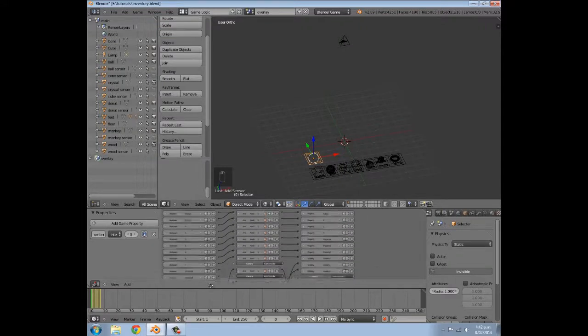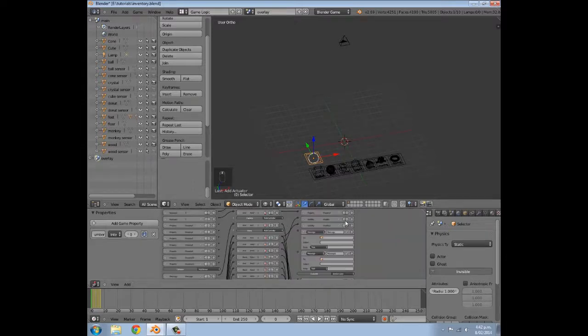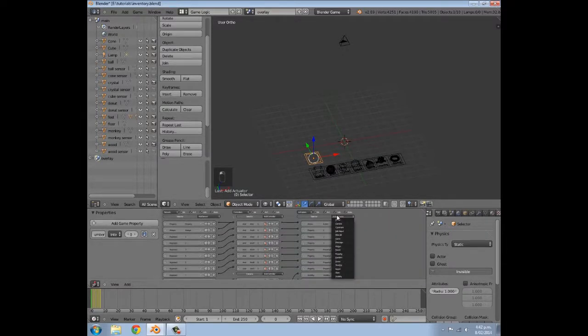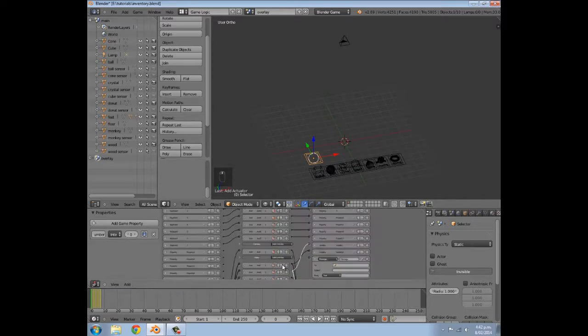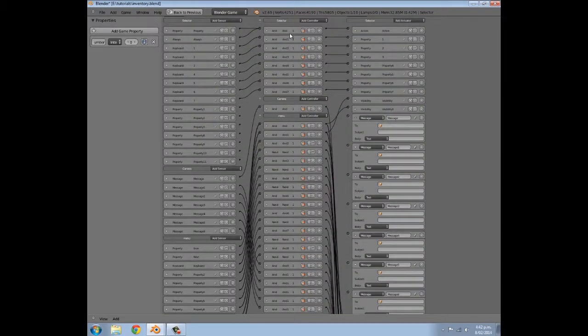Then the next thing we're going to do is, over this side, we're going to add some message actuators. So I'm going to press M, or you can click message, whichever one you'd rather do. We need 7, so 1, 2, 3, 4, 5. We already had 2, so that should be 7. Then control up arrow to go into our big window here, and